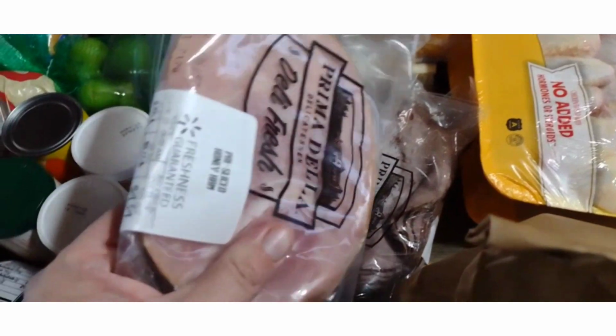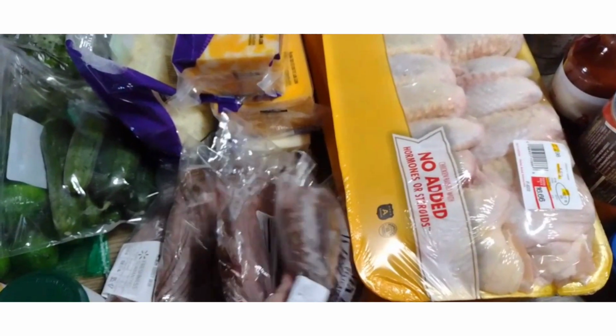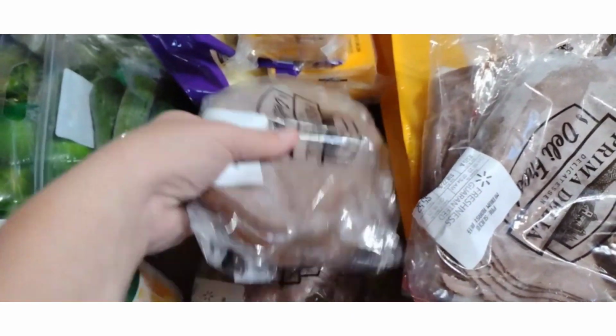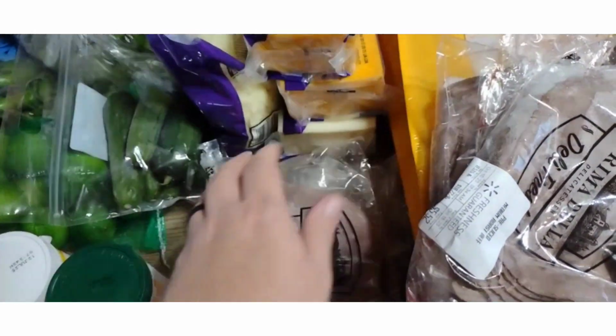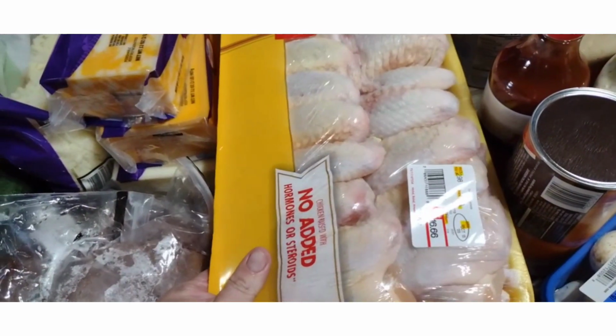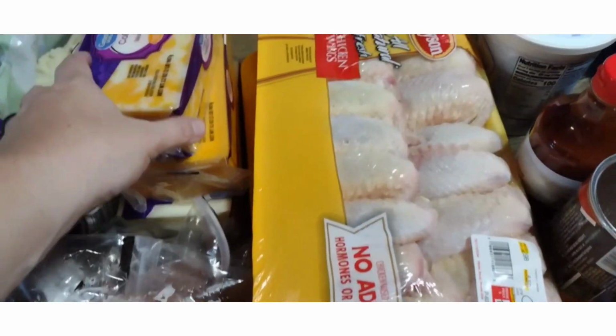More butter, 10 pounds of ground beef to divide up, pepperoni, this is for sandwiches, pizzas, whatnot, same as the salami. Everybody can kind of make their own sandwiches and stuff whenever they're hungry. Got James some ham. And then this roast beef is for both sandwiches, but also for our Arby's at home